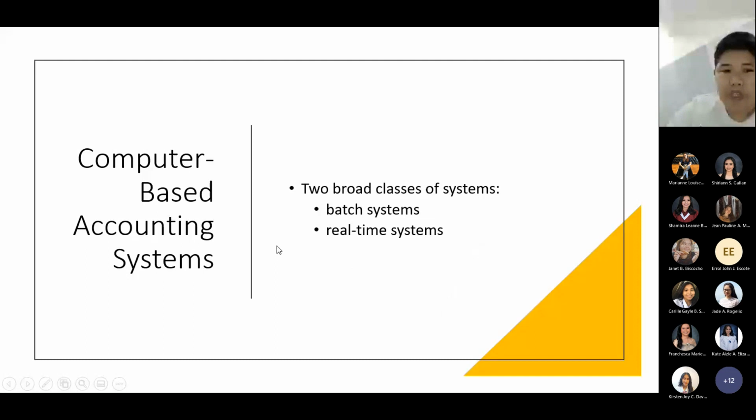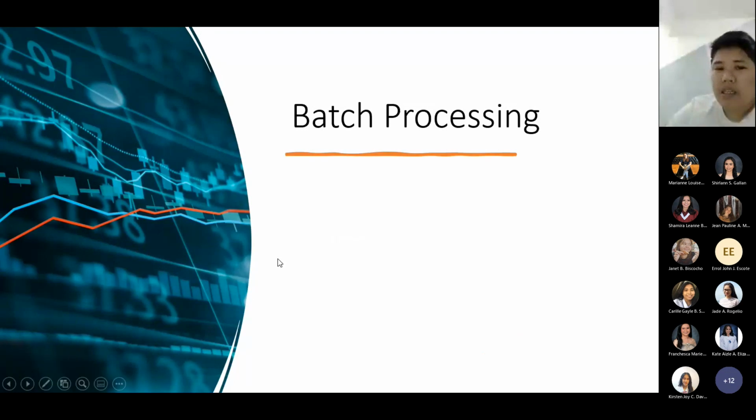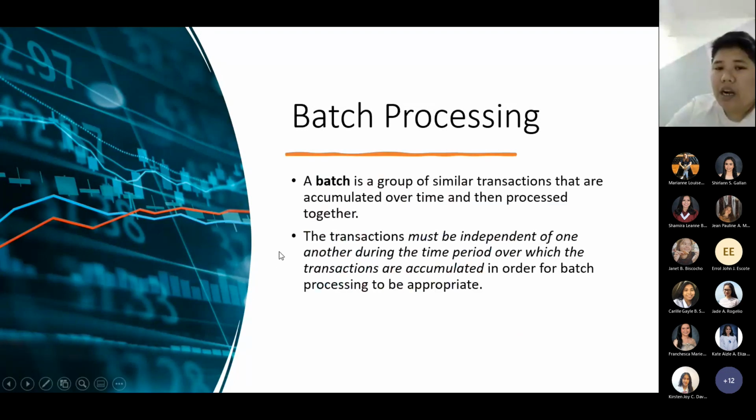Paano naman pag computer-based? Ito, malapit na tayong matapos for this chapter. Computer-based accounting system. There are two classes of system, batch system and real-time system. Batch processing is a group of similar transactions that are accumulated over time and then processed together. Kunyari, loan application. Loan application number 1, number 2, number 3, number 4. Ngayon, paano yung sinasabing batch processing? Ma'am, isahang i-approve. Hindi ganon. Hindi ibig sabihin na ngayong oras na to,